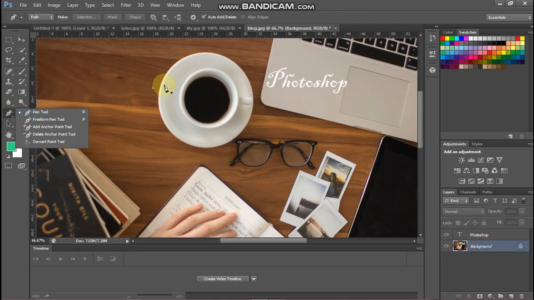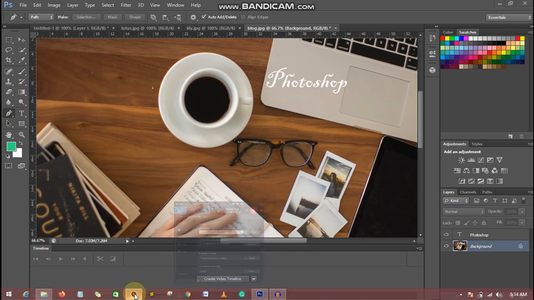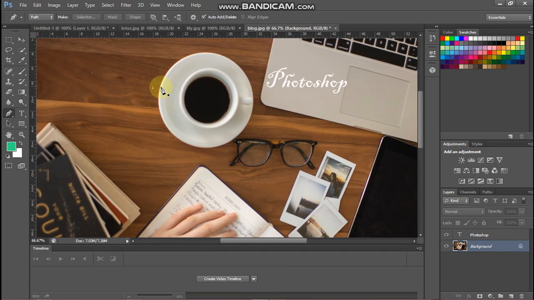so this is the pen tool. To crop it you just take the pen tool. Let me check the time. Okay, so you just click at one point and you click on another point. Just keep clicking, don't release the mouse. The 2 points will be made and you just drag your mouse until the perfect shape is made. Okay, so there is a need of separate video on this pen tool.